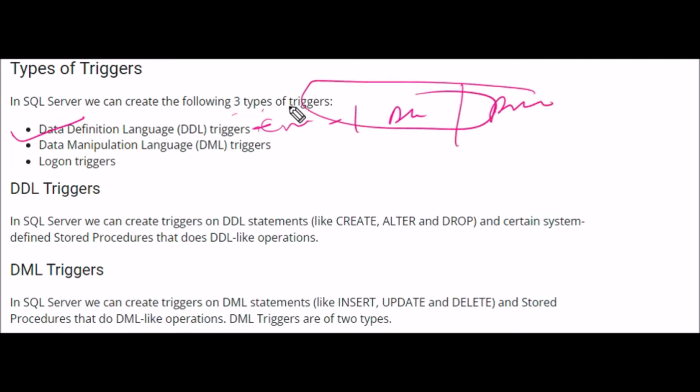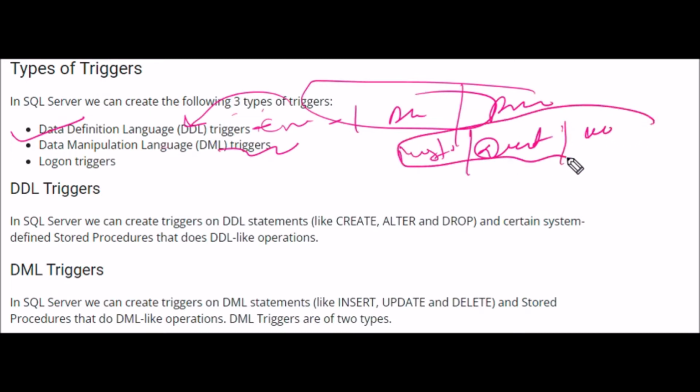Three operations are included inside DDL. The second one is data manipulation language, DML triggers. DML triggers fire at the time of insertion, deletion or updation on any table.